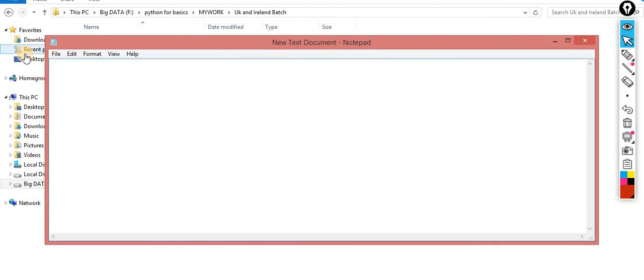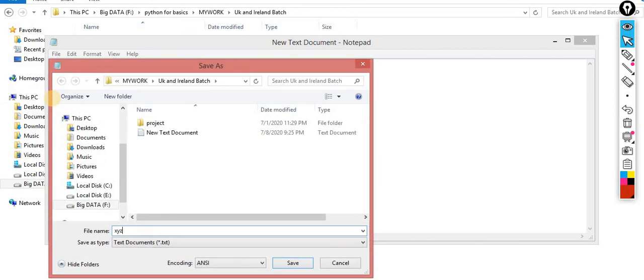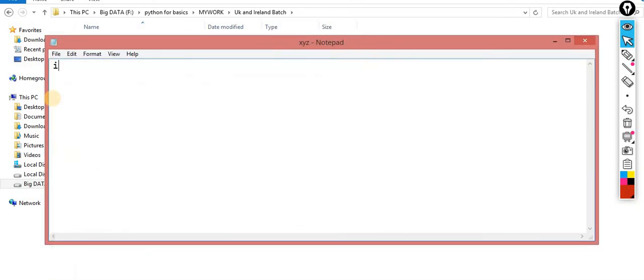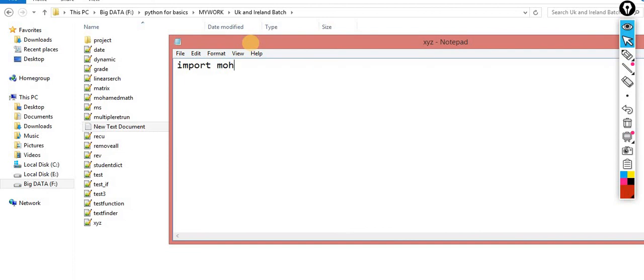Now I am making one more file. I am writing code inside that, and I am saving that file with the name xyz.py. Here I am importing, import Mohammed math. Now I want to use a function which is available in Mohammed math, so Mohammed math dot add.